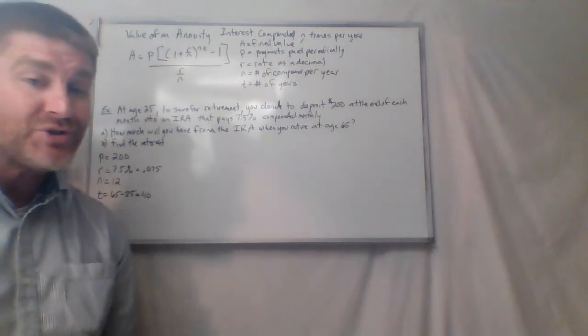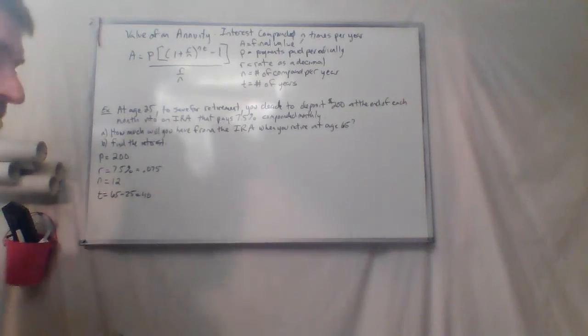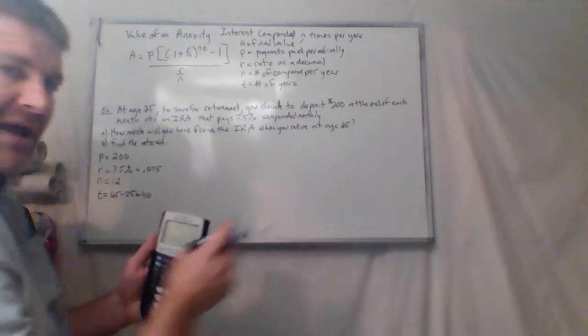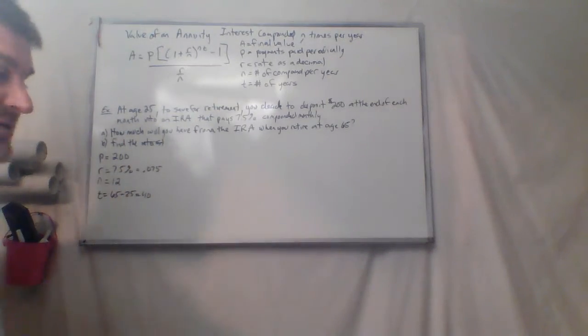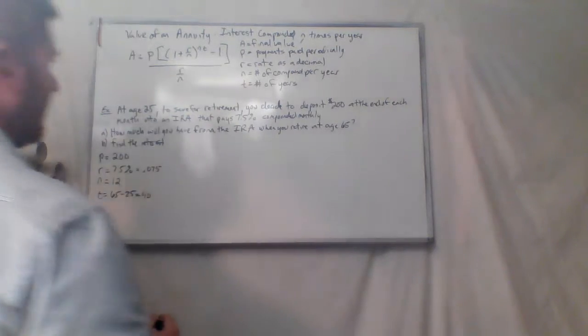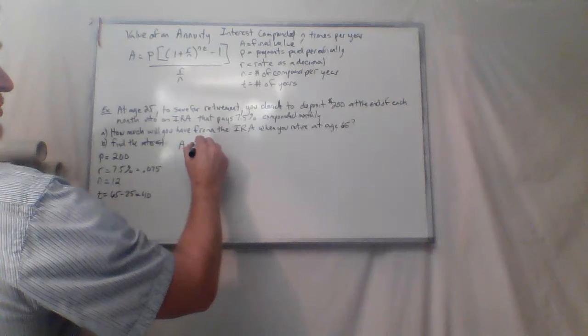And trust me, once you get this out of your paycheck, you don't even realize it's gone. Like it's just automatically put into an account, right? Withdrawal. You don't go to the bank and put it in every month for 40 years. You get it taken out, you don't see it, and you'll be fine. So if I want to find this, what is the value of the account if I put in $200 a